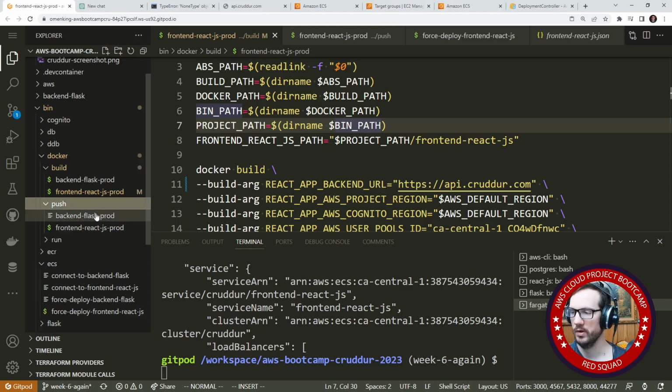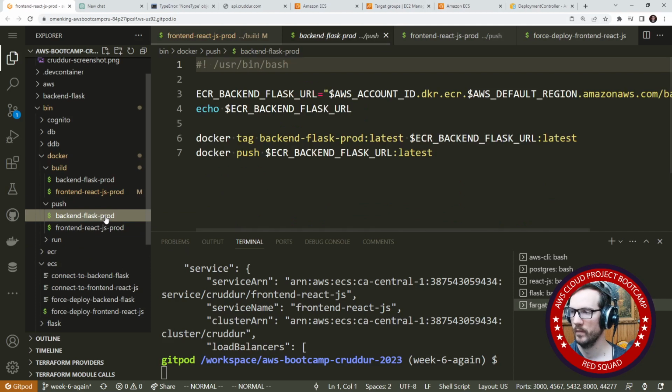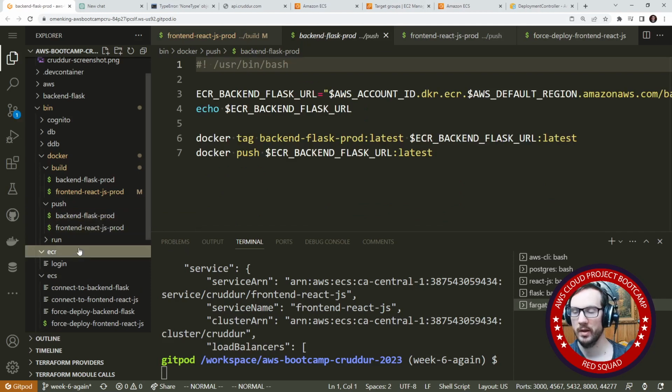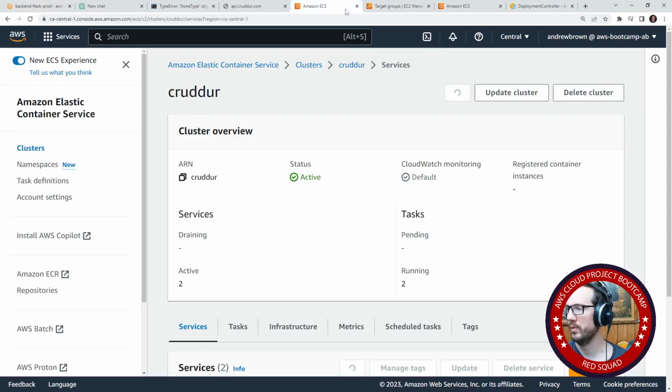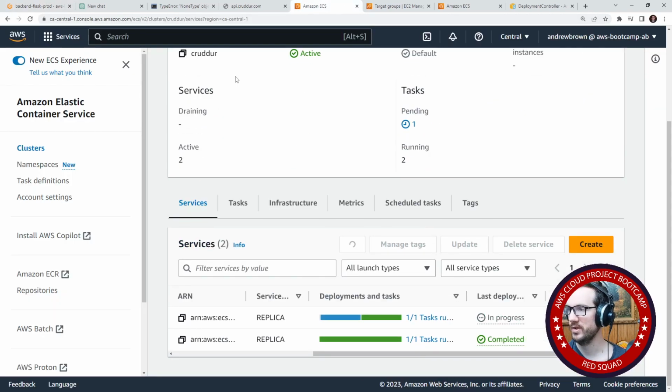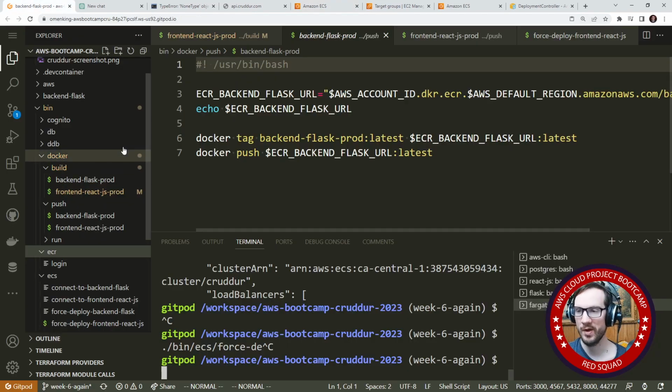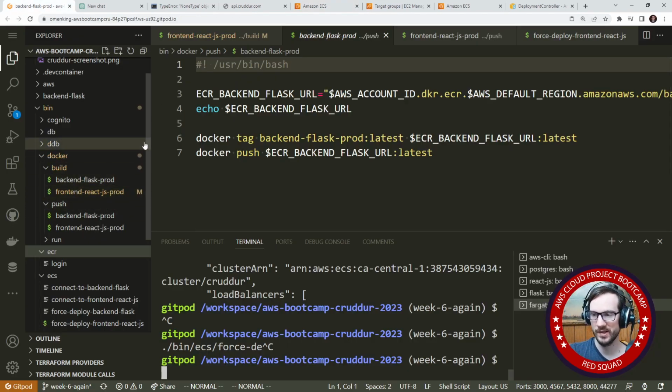And I mean, this stuff really is actually doing ECR stuff, but then we have an ECR folder down here. And really the only time we need to log in is when we're pushing, but we could have it isolated. But anyway, that one's going to push out. And so now that we've pushed, what we want to do here is, well, that's a force deploy. So we're going to have to wait a little while for that to take place. And maybe we can think of a better way of working with this, because this is getting kind of frustrating